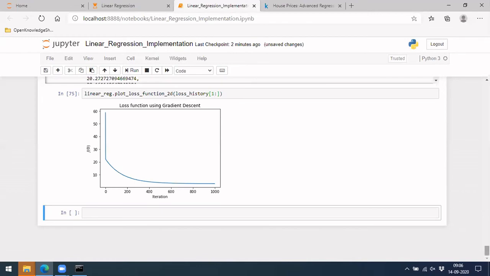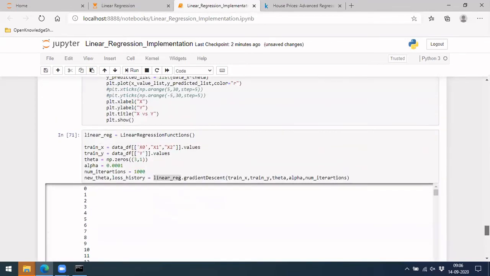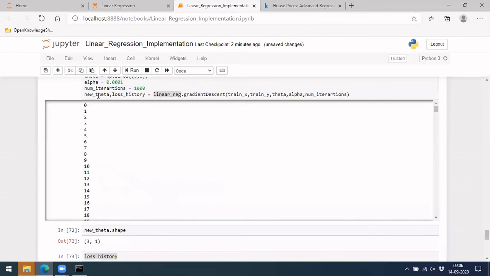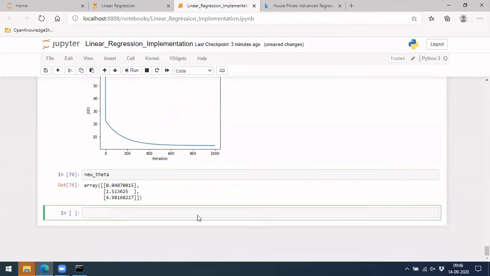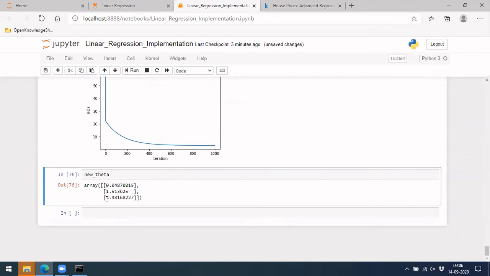Now the problem is when you change the learning rate to a higher value. Let's also see theta before that. So what theta you are getting is this, which means theta naught, theta 1 and theta 2.